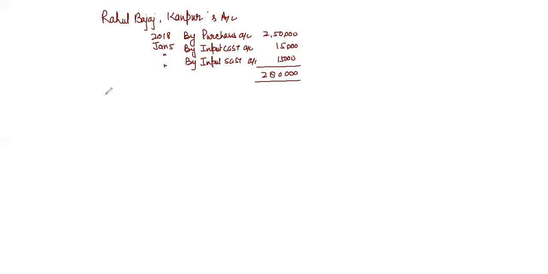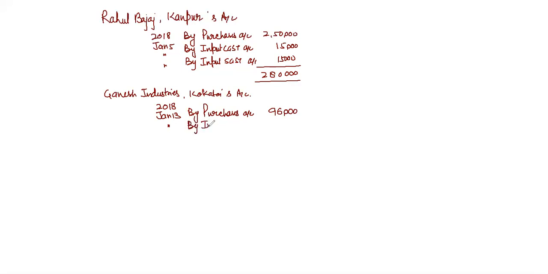So party name is Ganesh Industries. So we will prepare account of Ganesh Industries, Kolkata account. Okay. So once again, we are buying goods from him. Simple treatment will come on 2018 January 13, by purchases account. Ledger preparation with the help of subsidiary book is also very simple. So we are purchasing goods worth rupees 96,000, because trade discount is also there. Trade discount will be deducted, and you know it very well that there will be no treatment of trade discount.